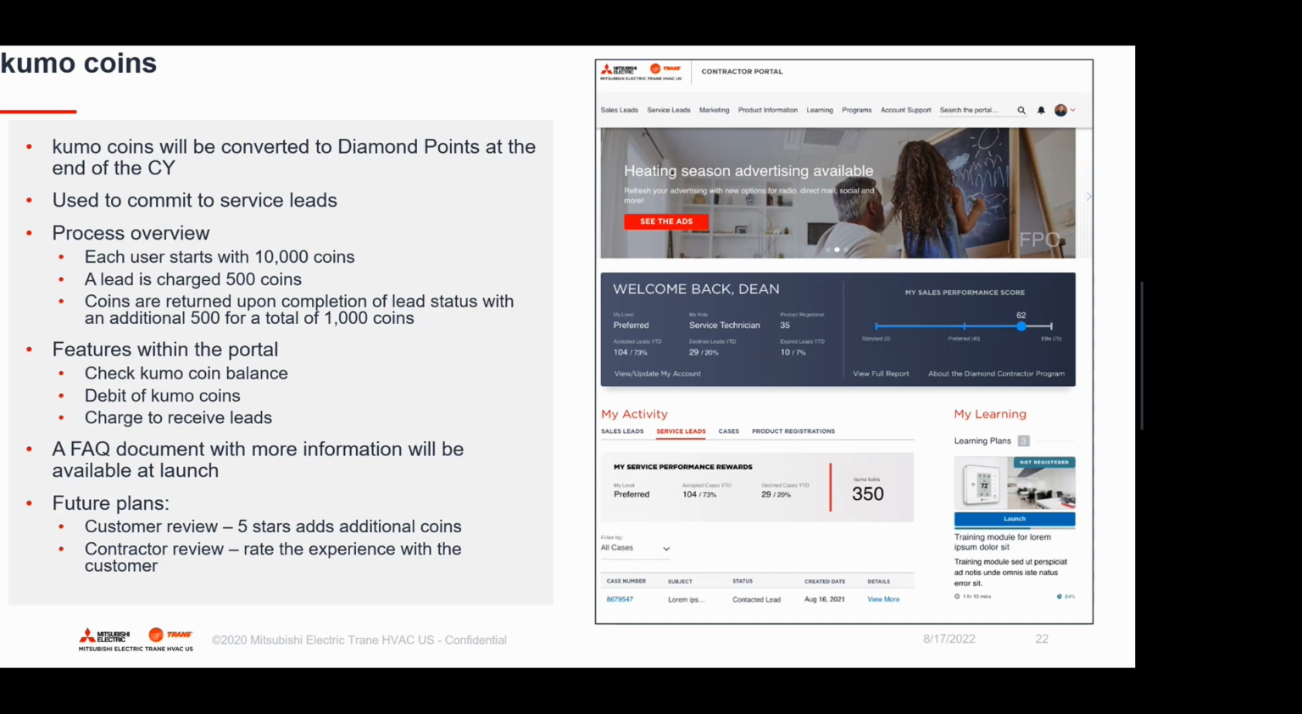Some additional things within the portal, like I was mentioning, you can check the Kumo coin balance, you can check the debit of the Kumo coins, and then also you can charge to receive those leads. James is working on a FAQ document right now for Kumo coins, and we're going to make that available at launch to answer some more questions, and it'll be a quick handout to just understand some of the various nuances